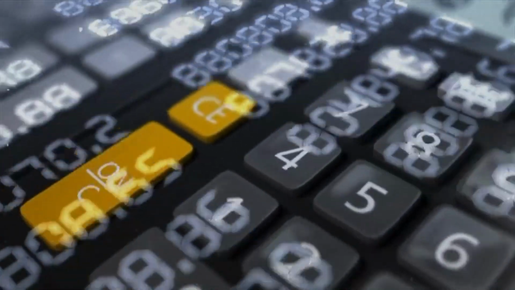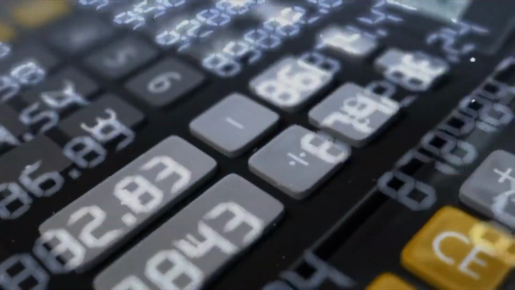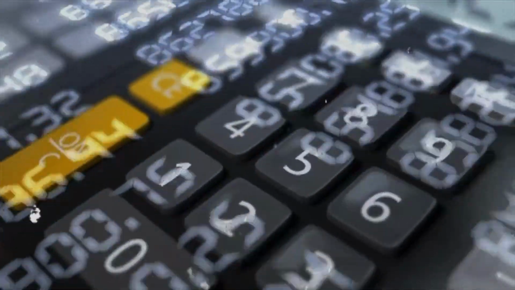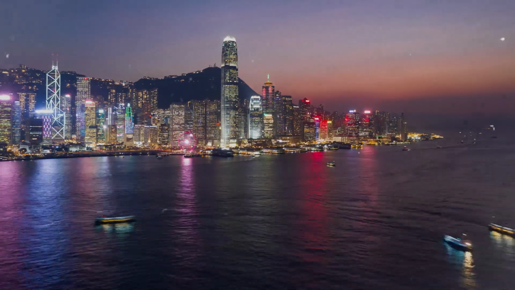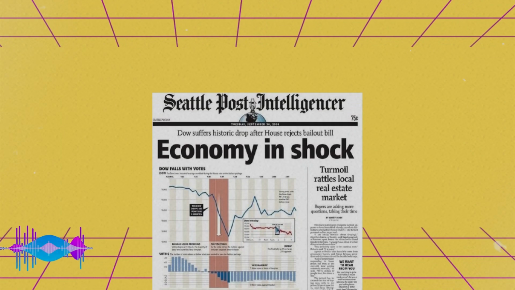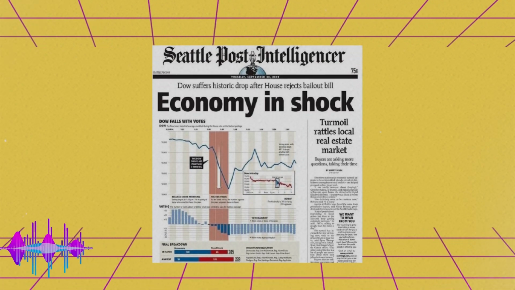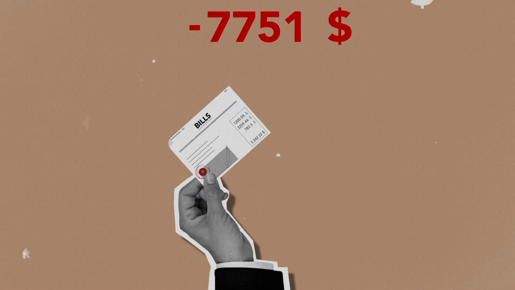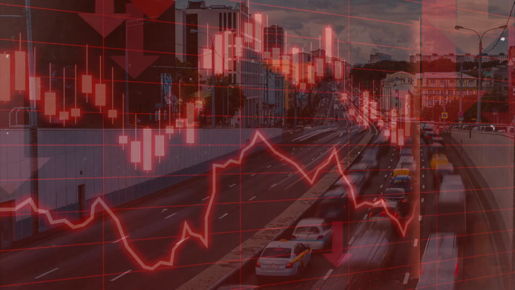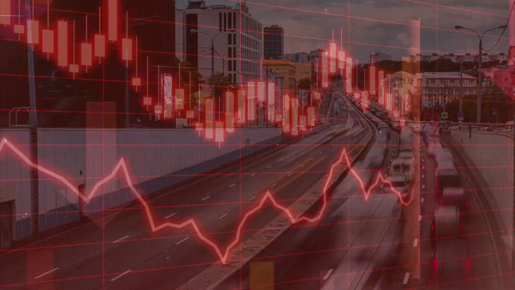It's important to note that not all economic contractions qualify as a recession. To be officially considered a recession, the contraction needs to last for at least 2 quarters or 6 months. The Great Recession of 2008 to 2009 is a great example of a recession. It was a severe contraction in the global economy that lasted for about 18 months. During this time, businesses went bankrupt, housing prices plummeted, and millions of people lost their jobs. As you can see, recessions can have significant negative impacts on individuals, businesses, and the overall economy.